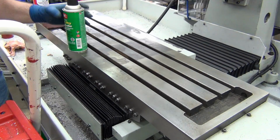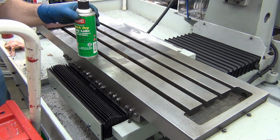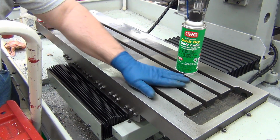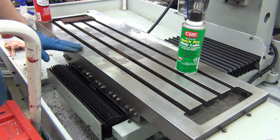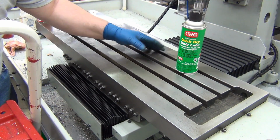Alright, so I had previously sprayed the table down, the bed, with this. It did a pretty good job of protecting it. You know, the stuff out here obviously wore away. The stuff under the vise, I'm getting ready to do a little Scotch-Brite and brake clean here, and we'll see just how much rust is left. You know, there's still some of the dry lube